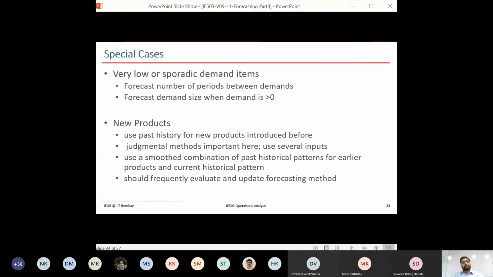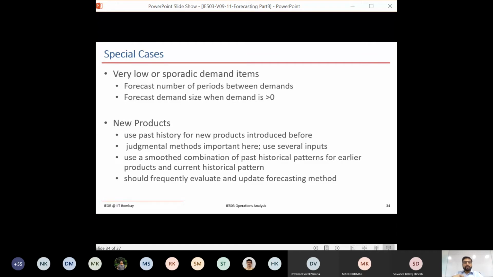One suggestion is, instead of just forecasting quantity sold, because if you average it, suppose you took the data of the last 10 days and found it was 0 most of the days, but one day it was 3 units, another day it was 6 units. Now if you average across all, you will get a wrong figure. So we want to forecast the number of periods between demands: what is the probability that you will get a demand during one of the days, or what is the expected number of days between orders. And once we forecast that, we see whether we can forecast the demand size if the demand is strictly greater than 0.